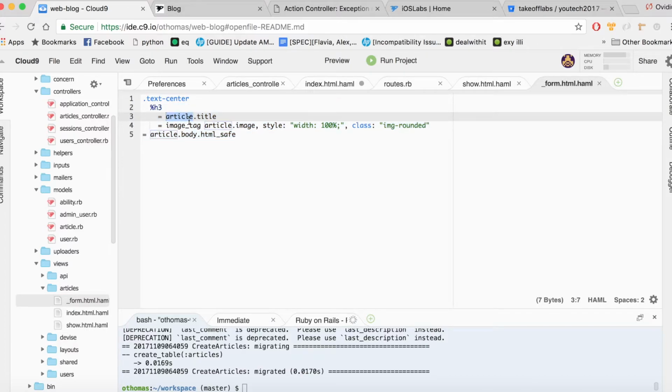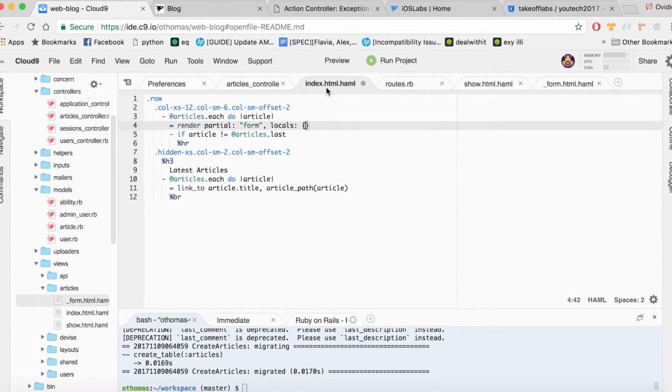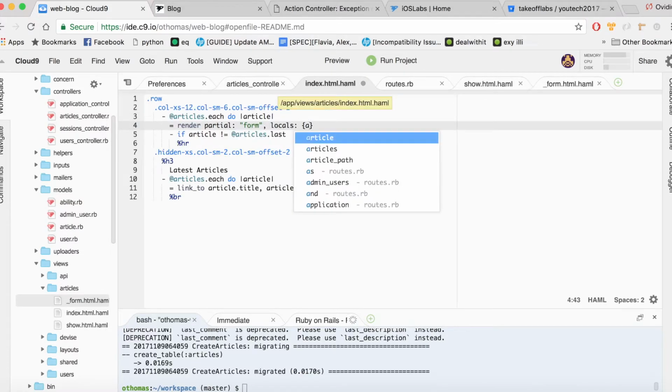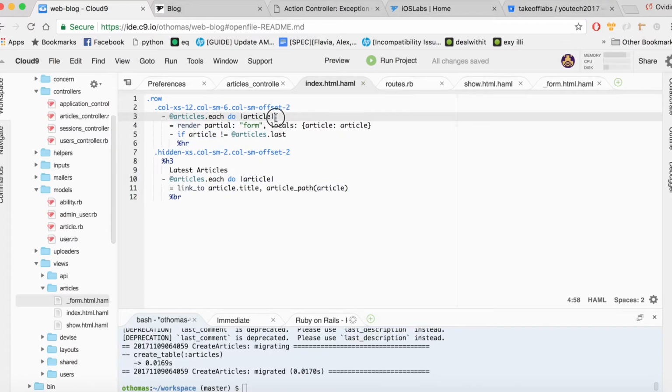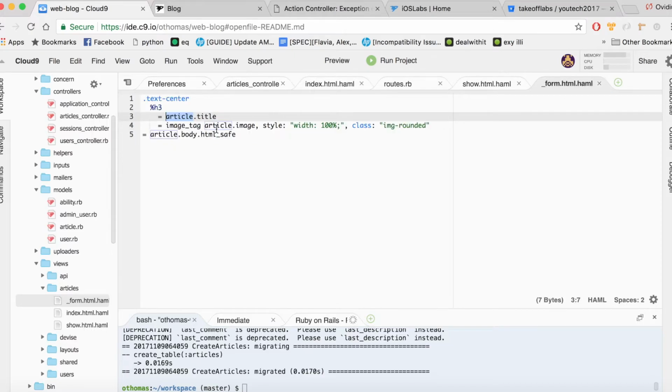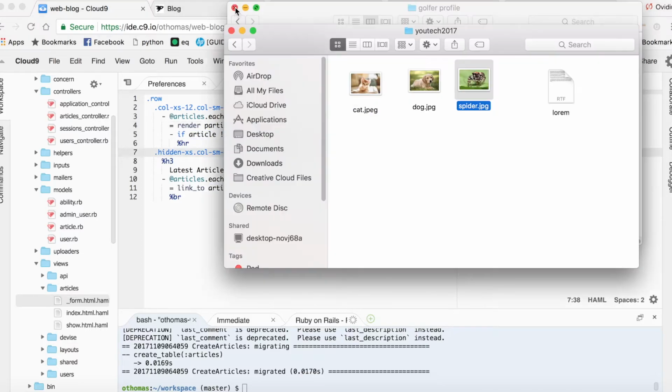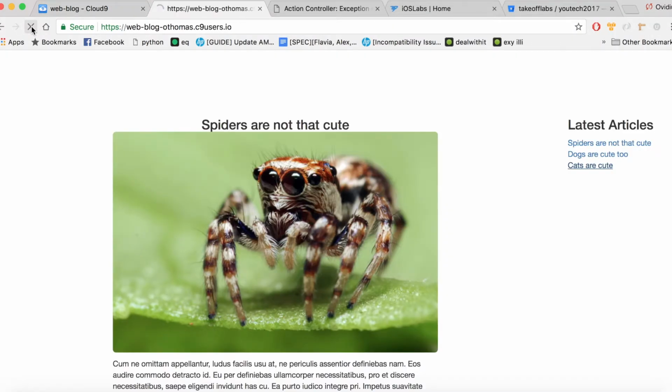One local variable, and the single one, is the article. So we go like this, article. We'll use the variable article, this article that we're parsing, and this one will represent this. So if we refresh this, we will get no errors,